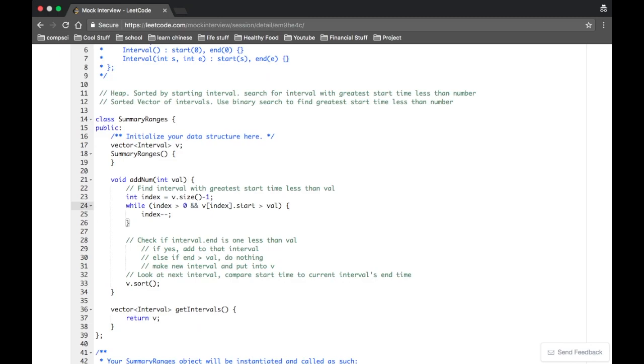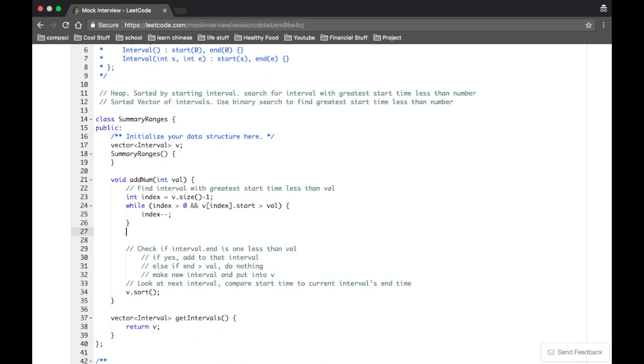So at this point, either index is equal to 0, or at this point either index is greater than 0, or we have the index of the interval with a start time that's less than or equal to val. Okay, so